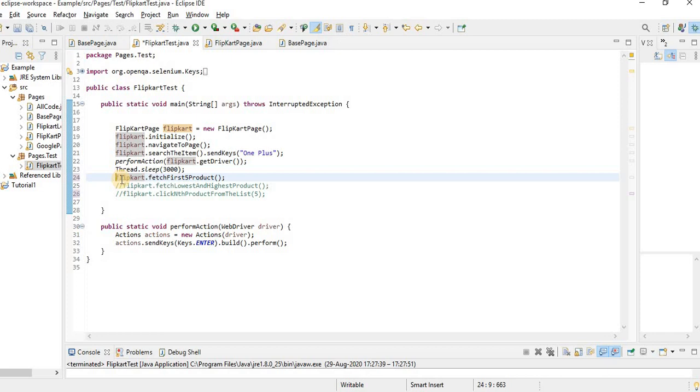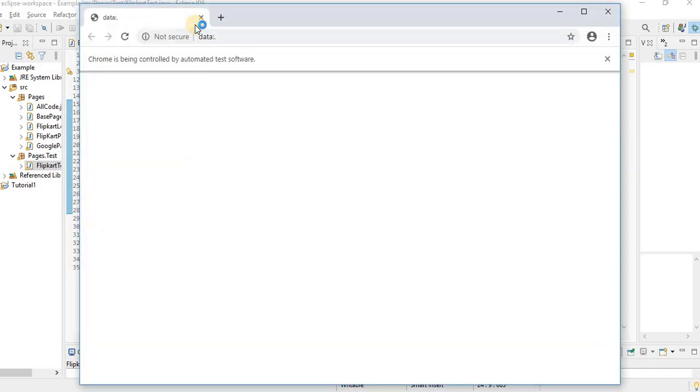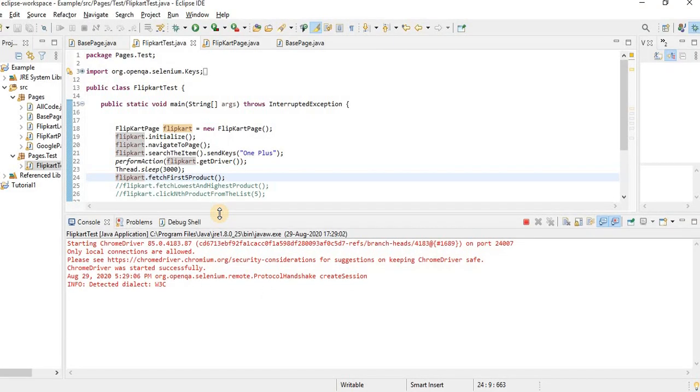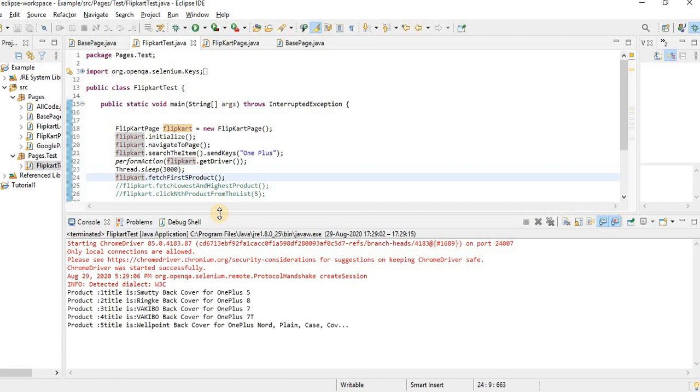So let's go back and have the first five products which are less than 30,000. I will first run it and show you how it is working, and then we will understand the code. In the UI, you don't see anything, so we'll just open the console. You can see I have printed the names of five products which are less than 30,000.